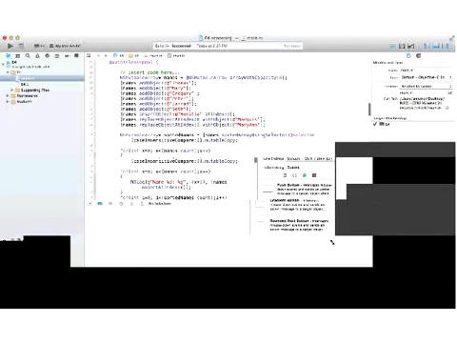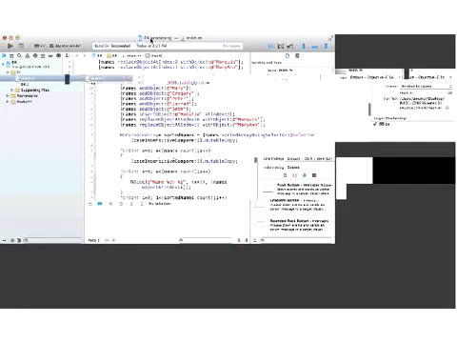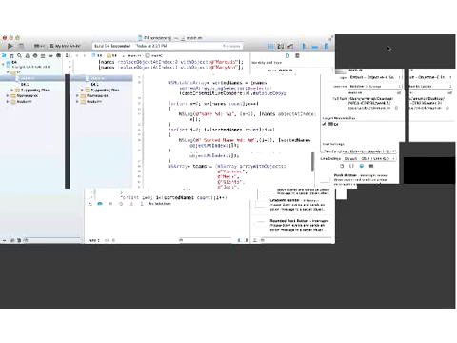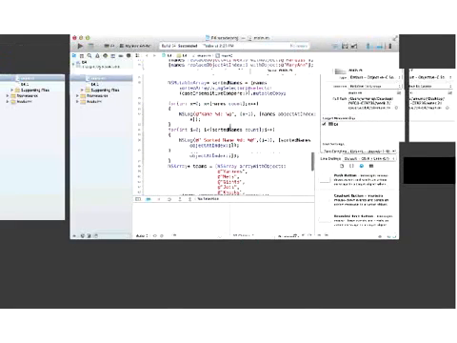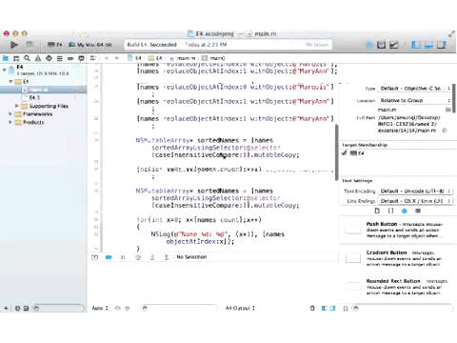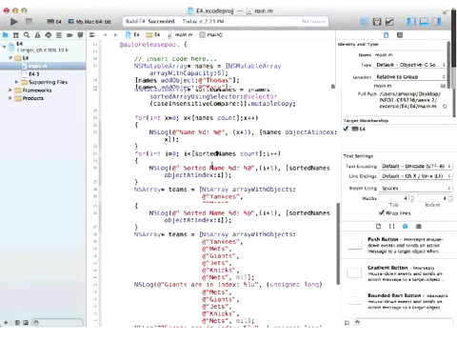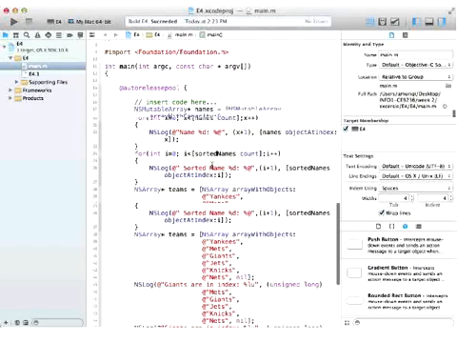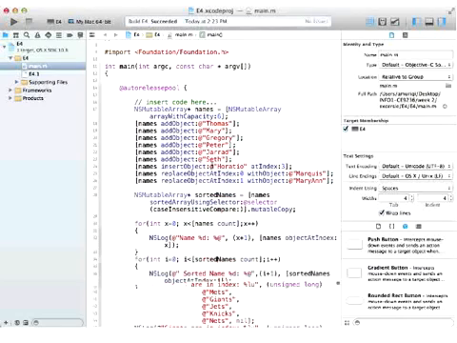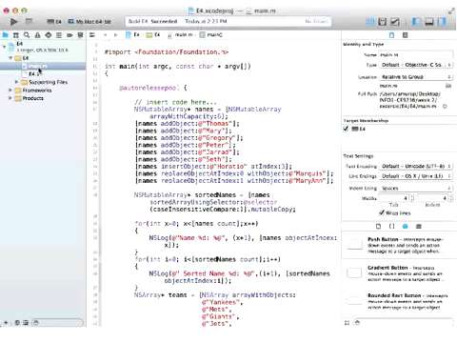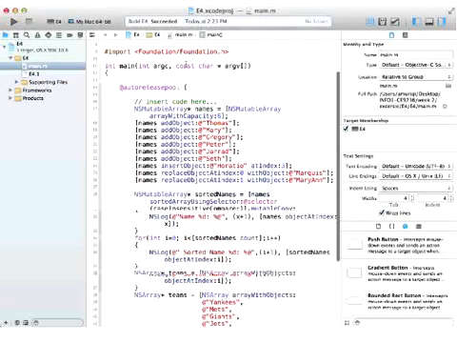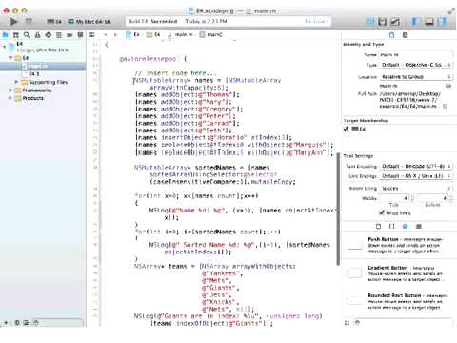The 4th exercise, making the screen a little smaller. In the 4th exercise, we created as well, and all those exercises were based on a command line project. So very basic. You only have the main.m and whatever supporting files Xcode creates for you. You don't need to worry about those. And everything we created is inside the autorelease pool. And in this exercise, we have created an